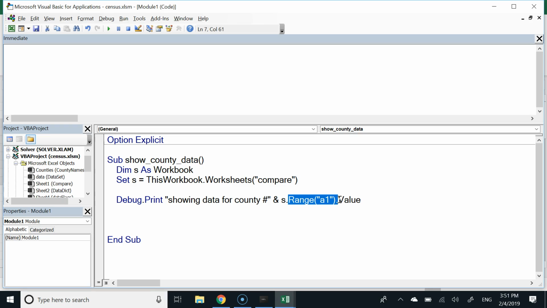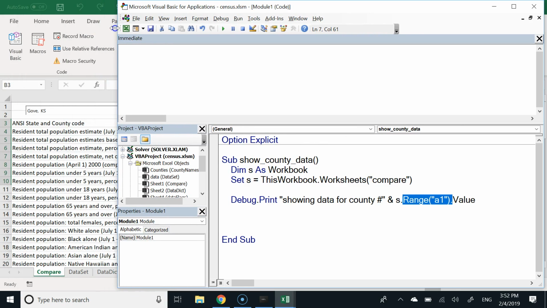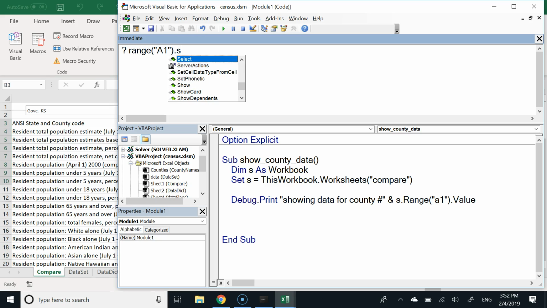While we're talking about this approach, let me do a little exploration here in the immediate window of some other things I can do with this particular syntax. So I'm going to say range. If I don't tell it which sheet, which one does it assume? Active worksheet. If I don't tell it which workbook, it assumes the active workbook, so it kind of builds in all of that. So I can just say A1 dot select,